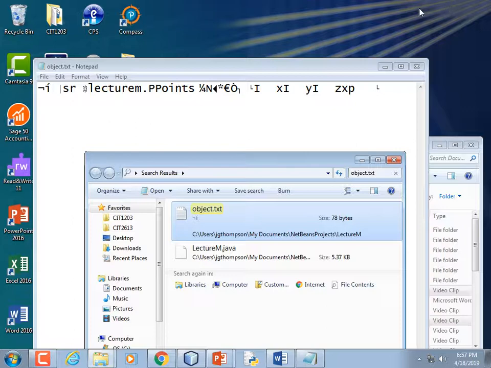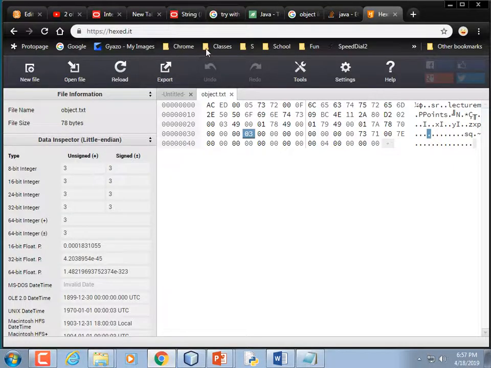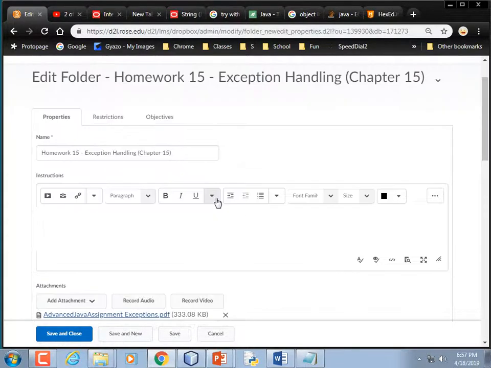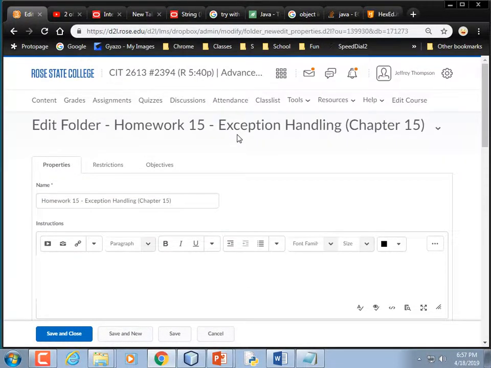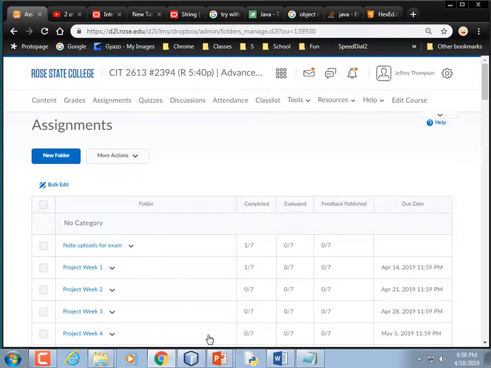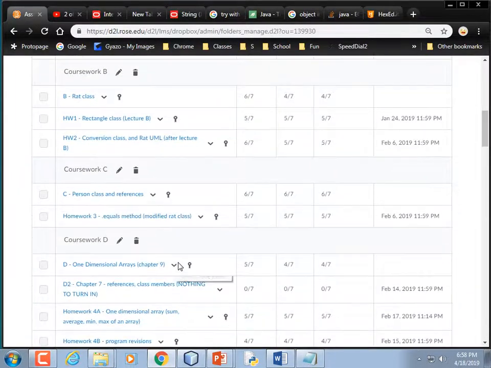Okay, so let's look to see. We had homework queued up regarding exception handling. So that's homework 15, and we've already demonstrated everything you need to do for that one. That's the one where you just have to make sure that they type in good integer data, so you have to catch that exception and catch the divide by zero exception. And then we will have